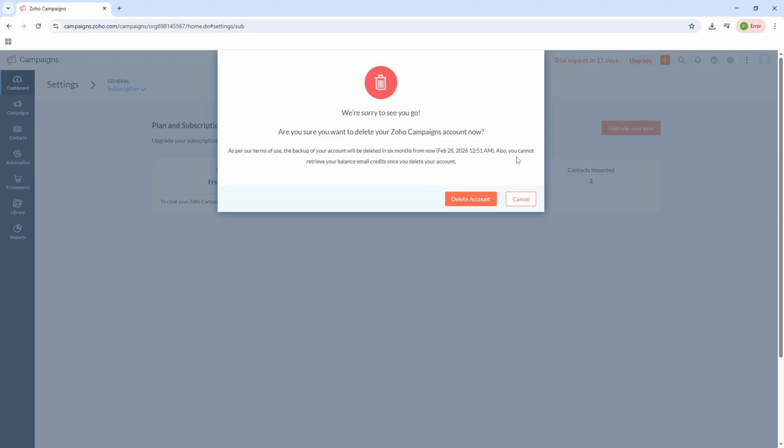Once you have confirmed the cancellation, you typically should receive a notification or confirmation email verifying that your subscription has been successfully terminated. It's a good practice to check your email for this notification to make sure everything went through as planned. Remember, canceling your subscription halts any ongoing payments, but it might not immediately close your account or delete